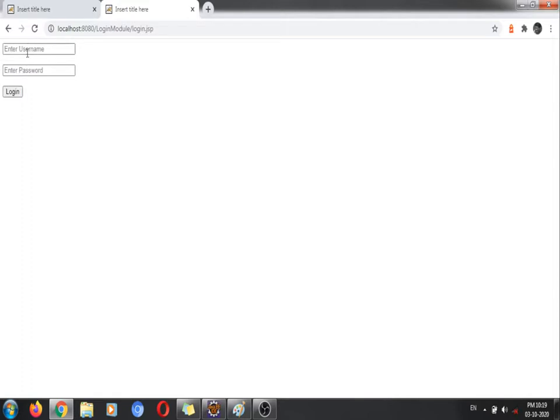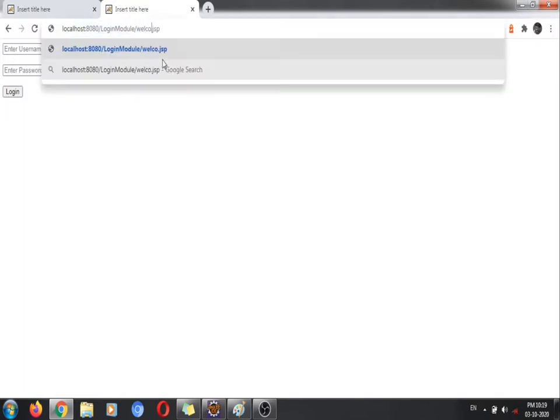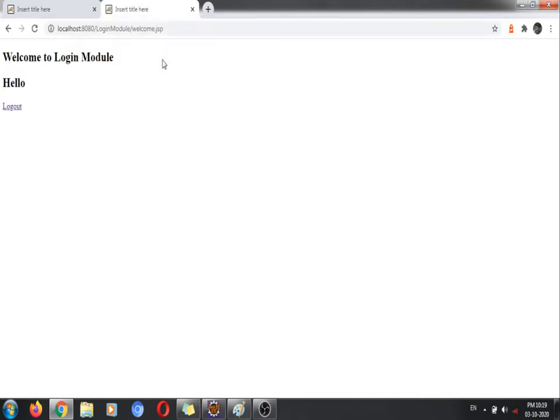So I'll execute once again. So now here it's my servlet and here it's Java, my password, and now login. So servlet is nothing but my username. So I am going to log out, that is, I am going to invalidate the session and remove the attributes. Fine. And now I want to access my welcome.jsp, right? So here we go. It means still we have not provided any security to our application.